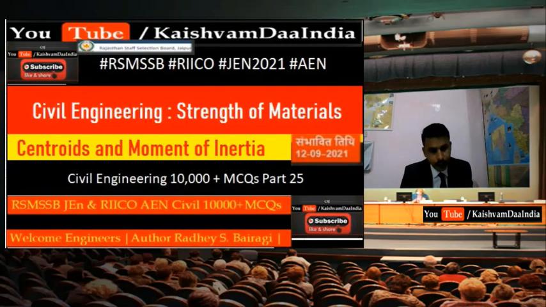Next, the point through which the whole weight of the body acts irrespective of its position is known as center of gravity. Next, the moment of inertia of a rectangular section 3 cm wide and 4 cm deep about an axis passing through the center of gravity and parallel to the width is, see, this is a very interesting question. It will come like 16 centimeter to the power 4, right? You will simply put the values here and find the answer, bd cubed by 12.